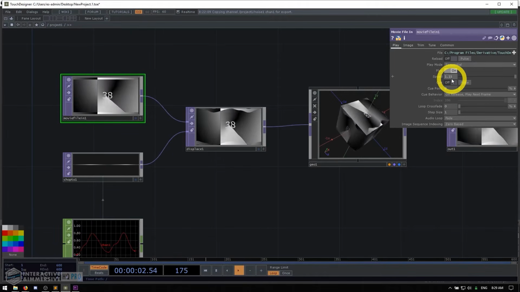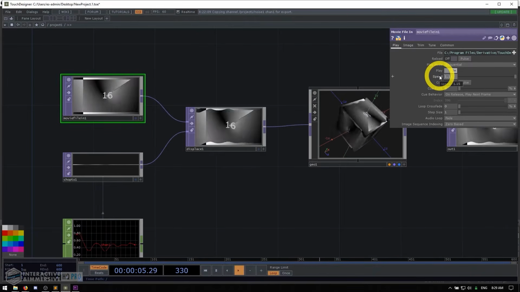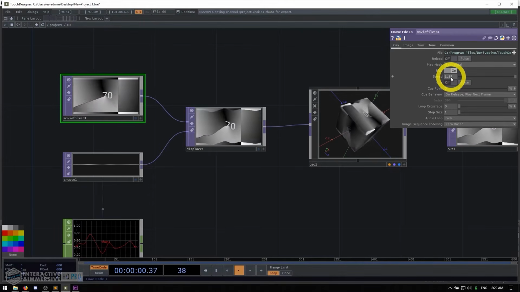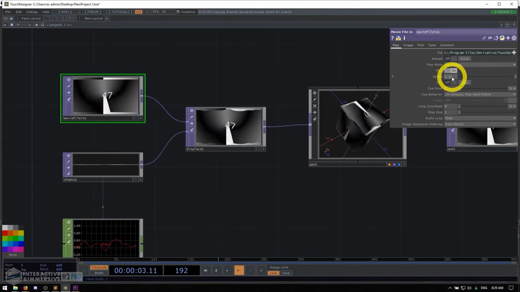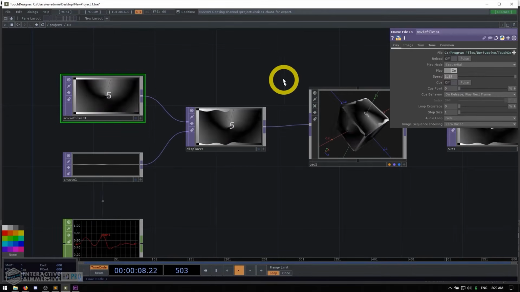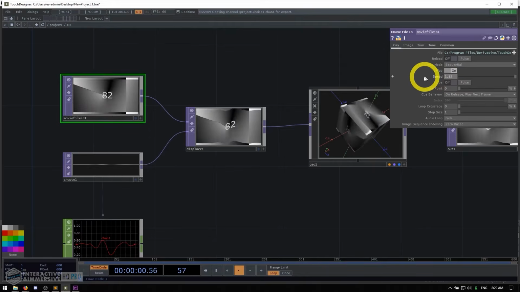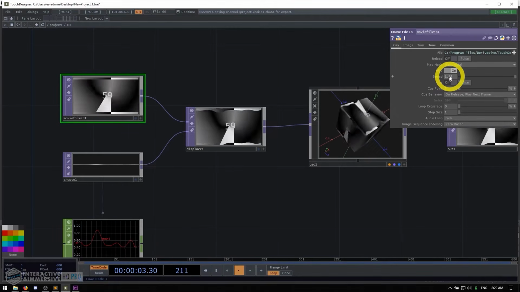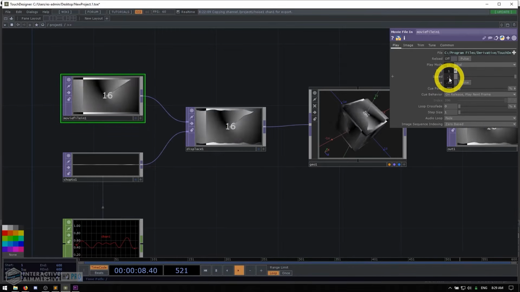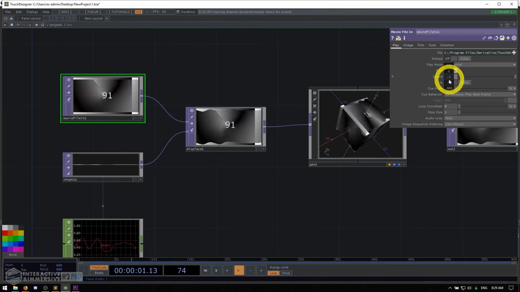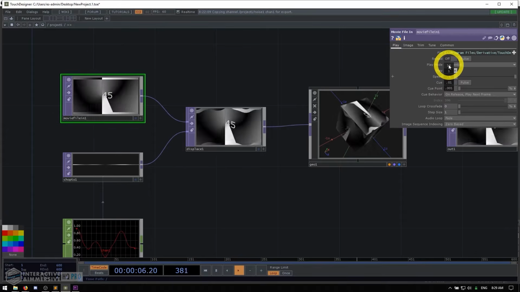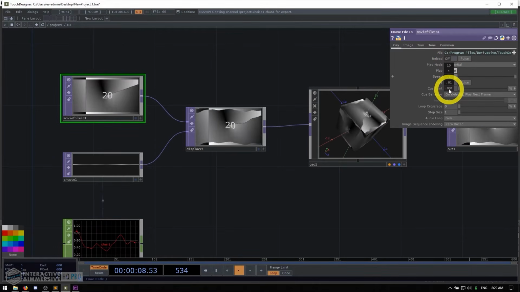So for these, we have something called the value ladder. The value ladder is very useful because it basically eliminates the need for us to type a lot of these values. To use the value ladder, there's two different ways you can use it. And this goes back to why it's nice to have a good mouse. The easiest way to use it is to hover your mouse over a parameter. For example, I'm putting it over this 1.15 value here, and you middle click and hold. When you middle click and hold, you'll have this little gray box appear on top of your parameter. And this defines which increments you want to change that value by.